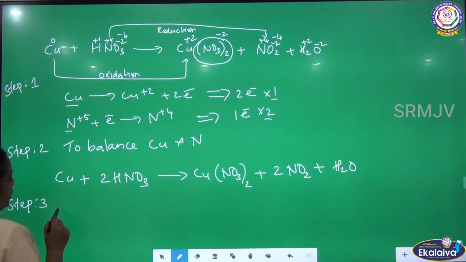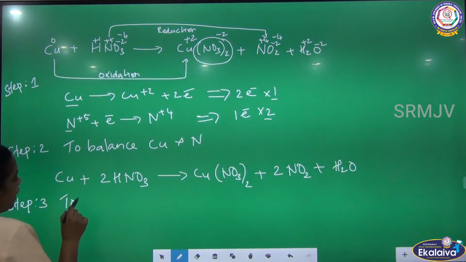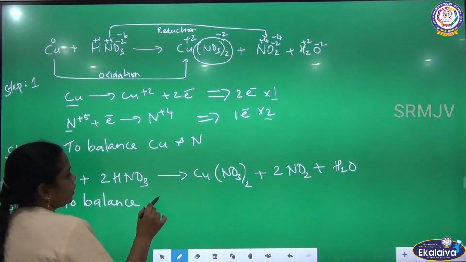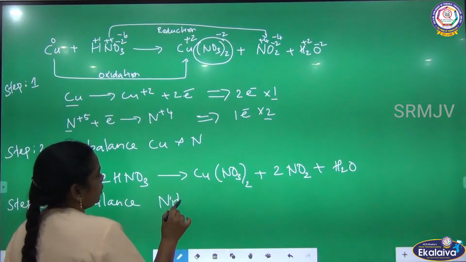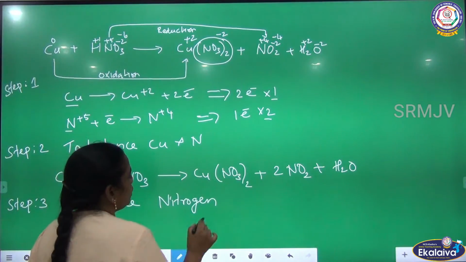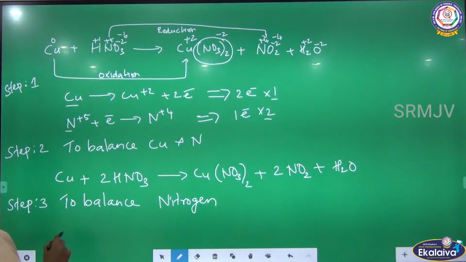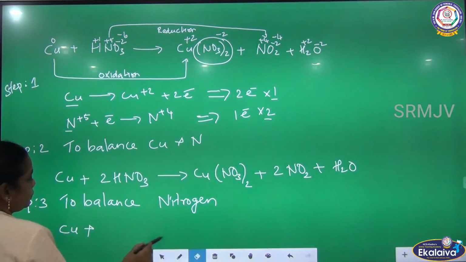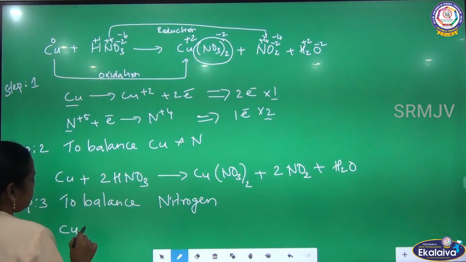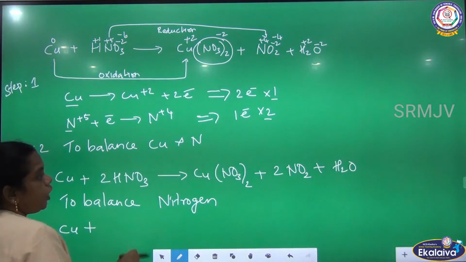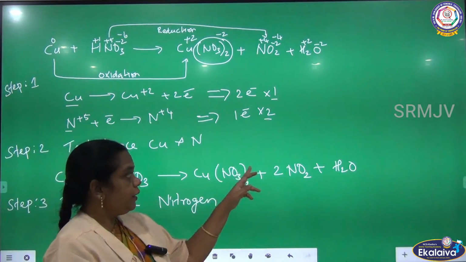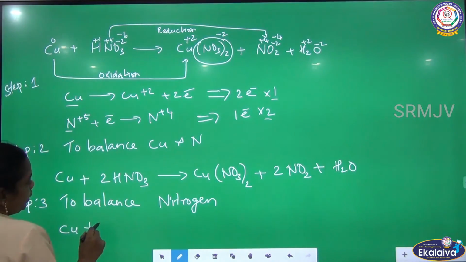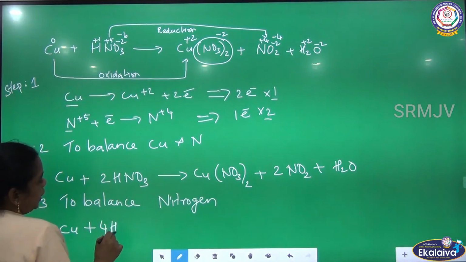Here 4 and there only 2. So this can be multiplied by 2, meaning 4 HNO3